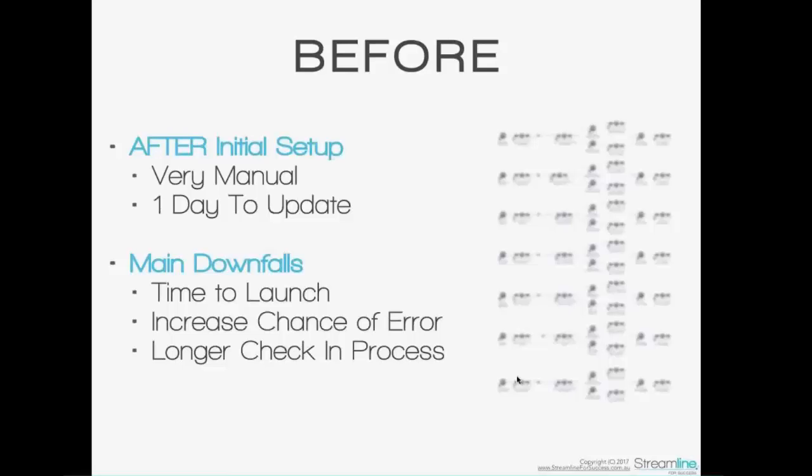So, the initial setup, I should say, the before state before we implemented Dynamic Sync, was very manual. Even after I'd set up the original campaign structure and we ran, say, 7 events, and then went to market again and did another 7 events, updating that entire campaign took a lot of time. It was really one day to update, and you might be thinking, well, that seems like too much. Well, even using campaign merge fields, we had this as streamlined as what we could deliver in Infusionsoft,